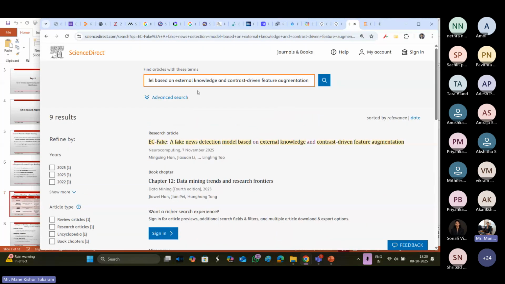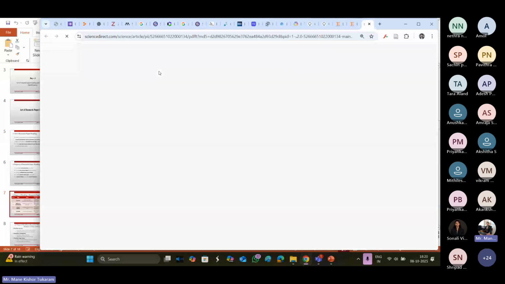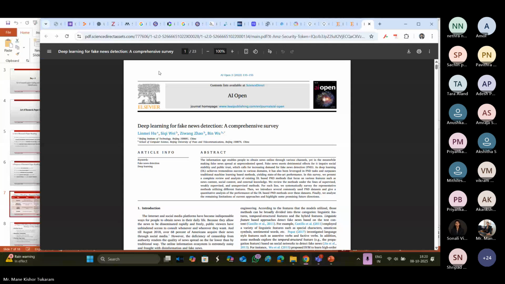By searching this particular paper, we can find the survey paper. This is the particular survey paper. So I simply view the PDF. Whenever I search the particular PDF, I am able to